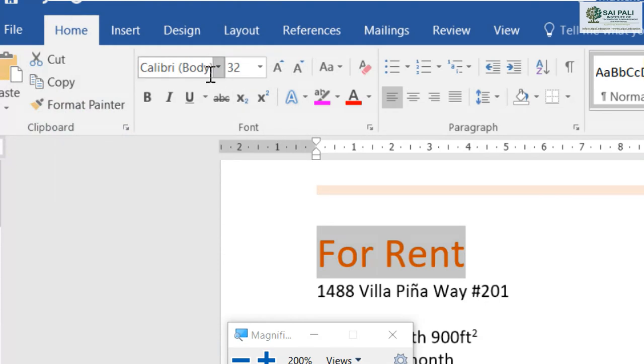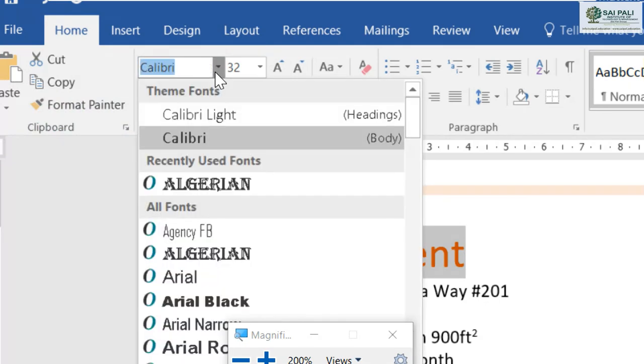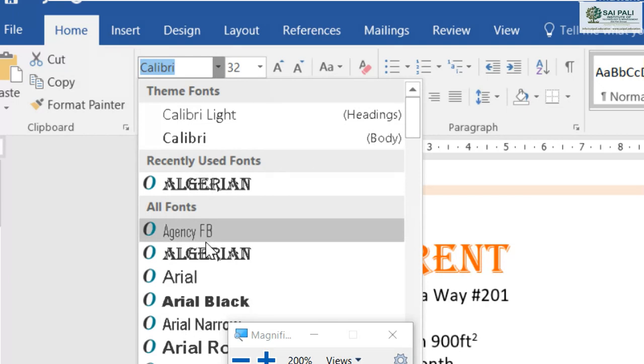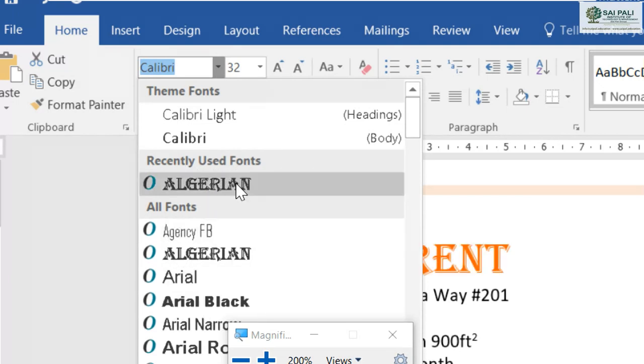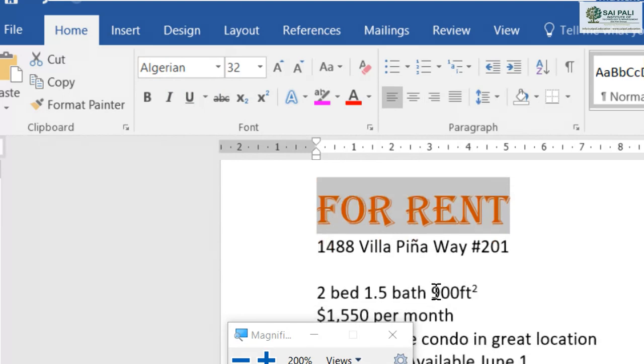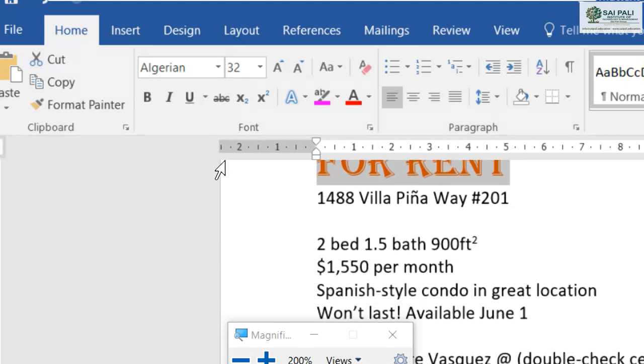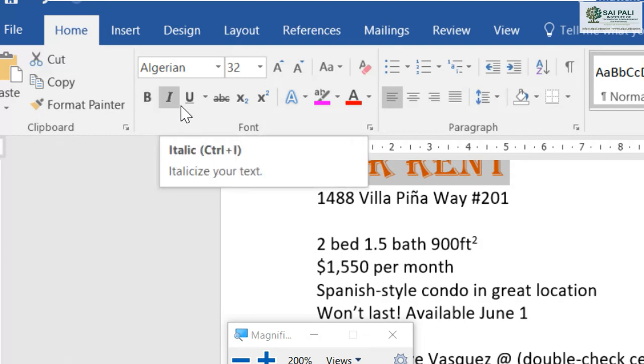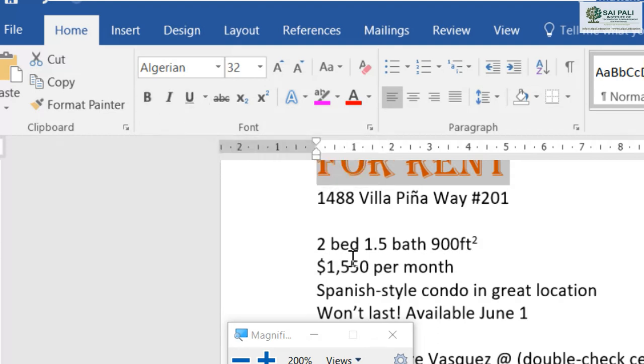We can change the style of the text also. We can change different styles. I used this style, it says here recently used font. Then we can change the font to bold, italic, or underline the text.